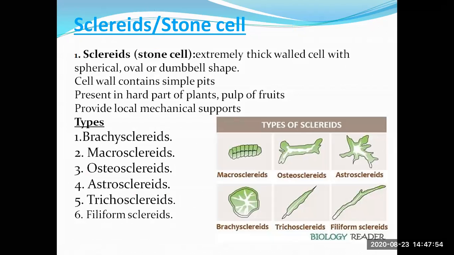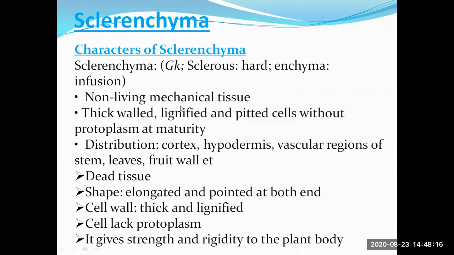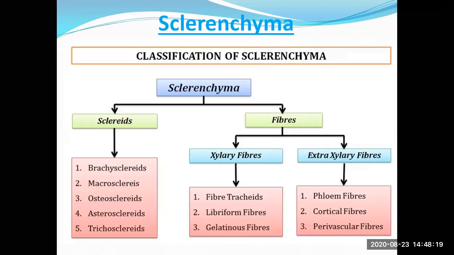Sclerites and fibers. So here there is the position and structure, origin, and also development. If you see all these things, they show a lot of variation. So they also play a key role in this classification. Not only position, but also structural variation, mode of origin, and mode of development.